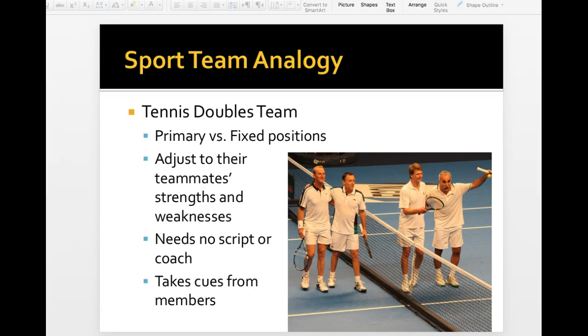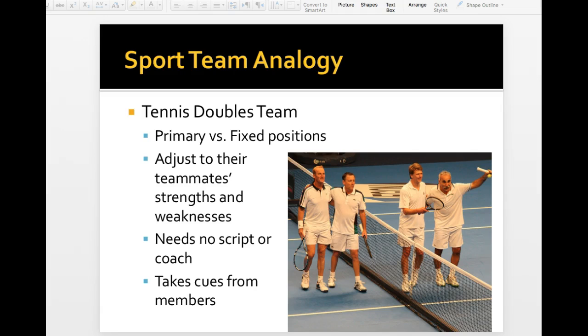One of the most effective teams is the tennis doubles team. So two players, primary and fixed, right? Someone's used to playing the left side or the right side, but they switch positions depending on the play. You adjust if you're playing in the front and you miss. Your teammate often will carry it or catch up the slack. There's basically no coaching. I mean, that's been in the news lately with Serena Williams. There's no coaching allowed during play, and the team is so effective that they don't need the coaching.